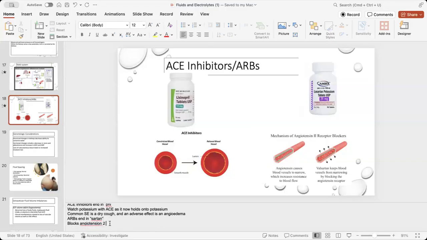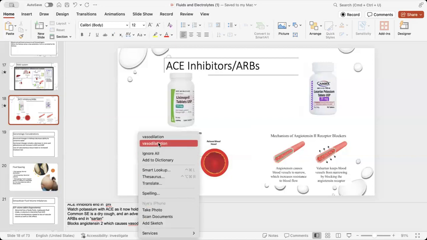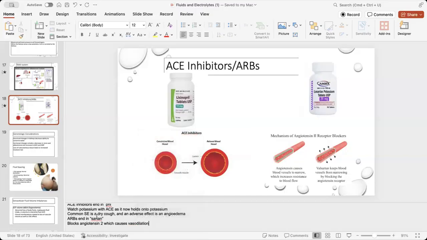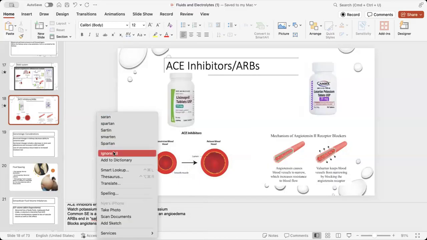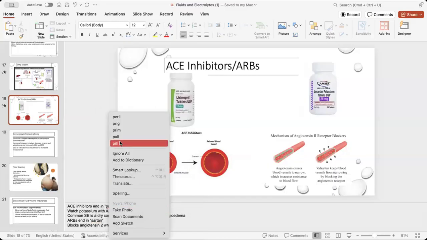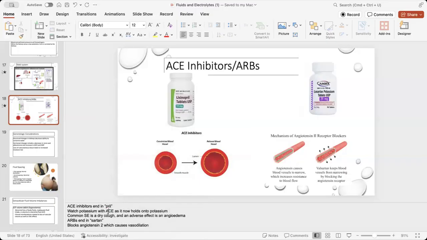Okay. Tends to not give that cough. Again, treating hypertension, heart failure. It will also, again, hold on to potassium, so you need to watch that potassium level, but it doesn't tend to have that kind of irritating dry cough that sometimes can happen. Are you going to give these medications? Absolutely. Okay. A lot of medications like this that we're giving for our patients who have high blood pressure.